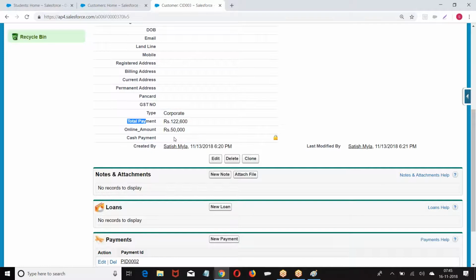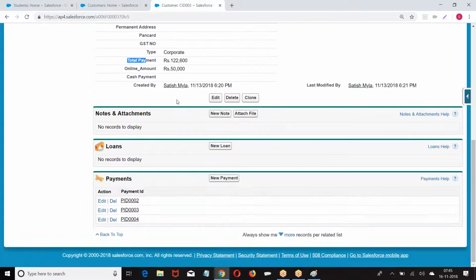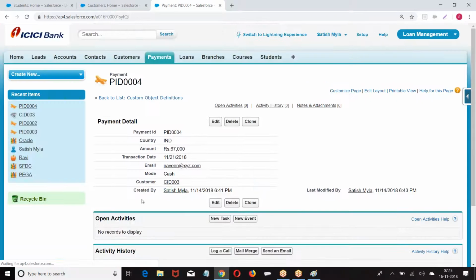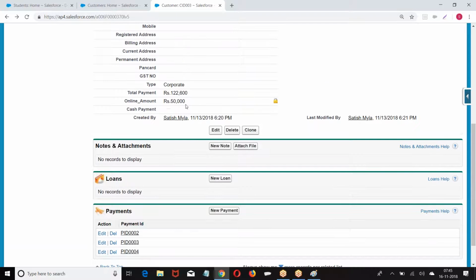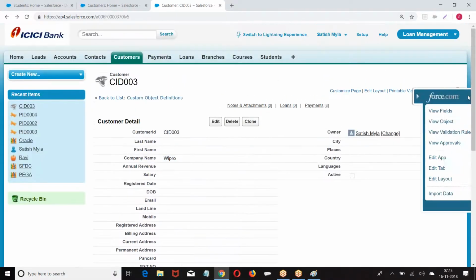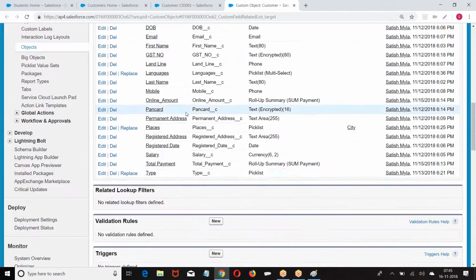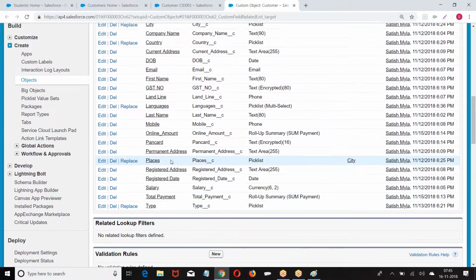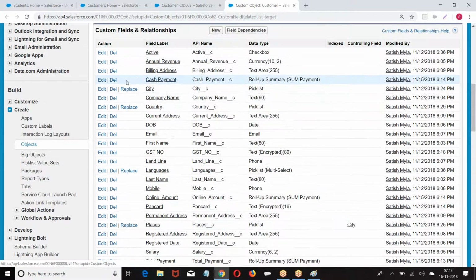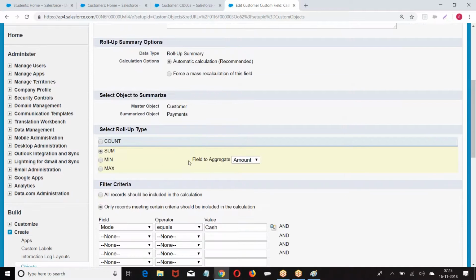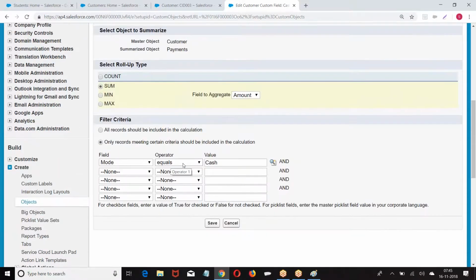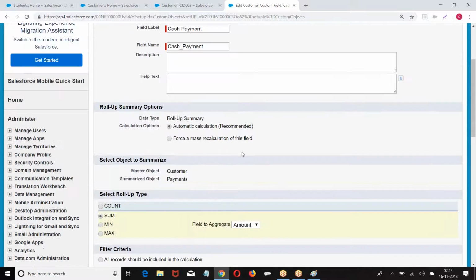The remaining thing is probably cash. Let me create cash. What amount do I give? 67. But there may be an issue with the field. Total, mode equals cash. You're right.